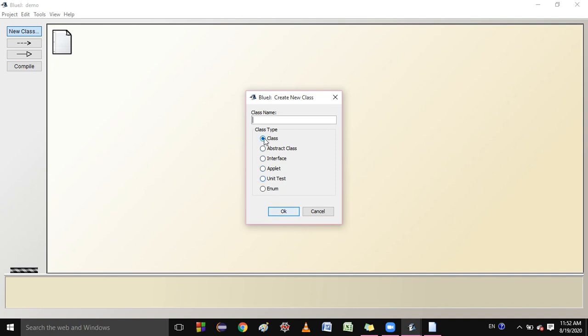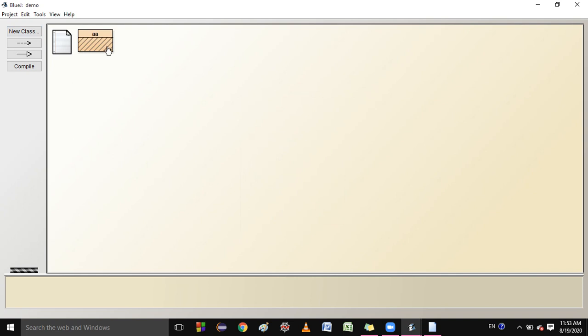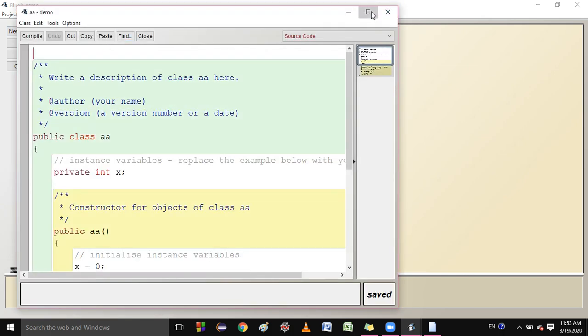Students, it is clicked by default because you clicked on new class. So first you write the class name. Suppose I have given the class name AA, then click OK. This class is created. Let me show you what is written in this class.